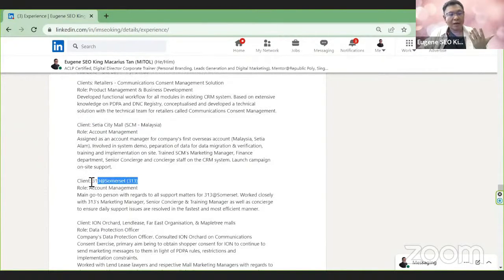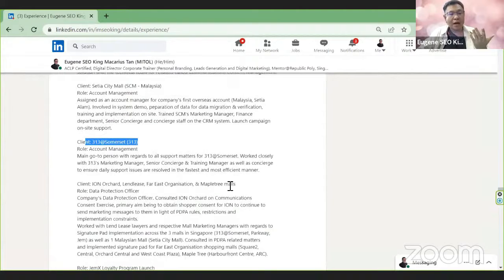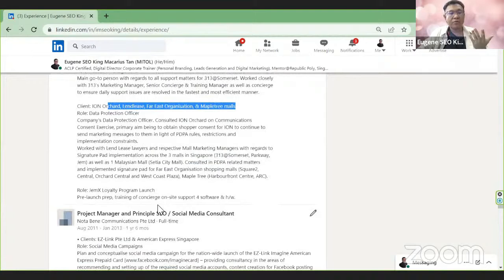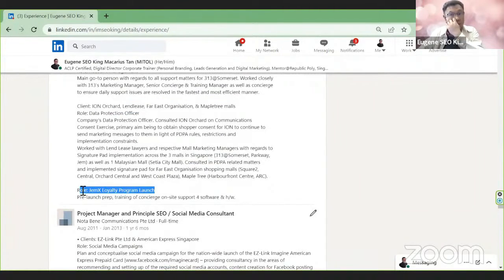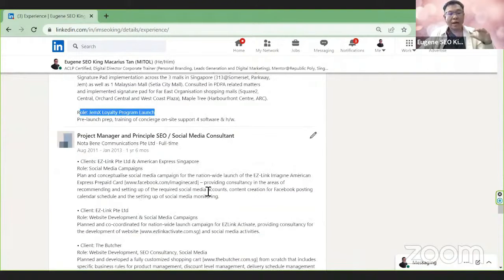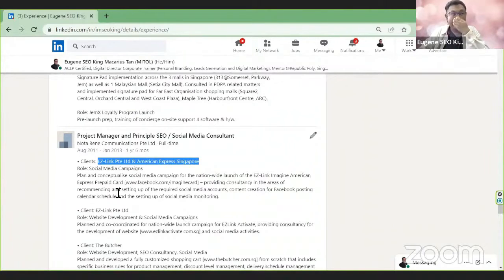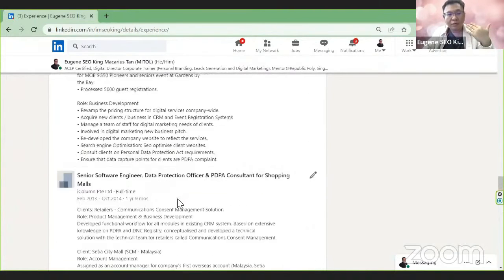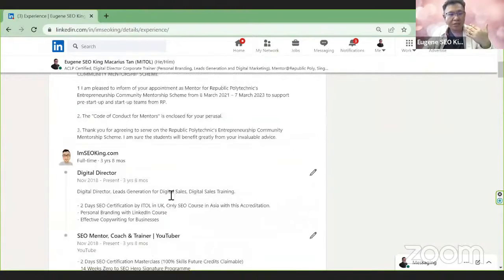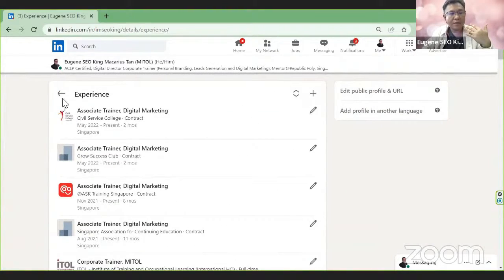Some of my clients include 313 Somerset, Ion Orchard, Far East groups of malls, and Mapletree group of malls. I was also involved in GEM, the Jurong East Mall, right? And as you can see here, once you highlight clients like, for example, EZ-Link and American Express, sometimes when people are searching for EZ-Link and American Express, your profile shows up in the search, and they will read that